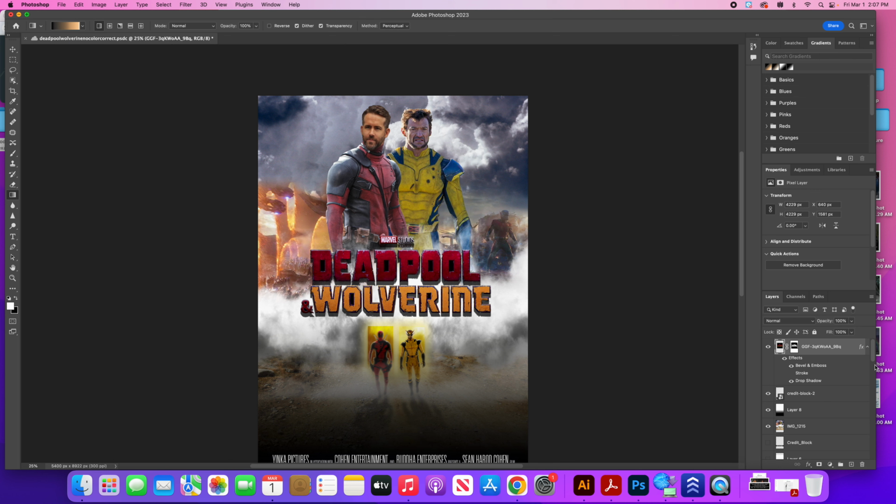You can just color correct certain images in the movie poster. So for example, I would just start with the background first. So I'm going to go to the layer where I have my background. Oh, you know what? I just realized it's kind of hard to color correct if